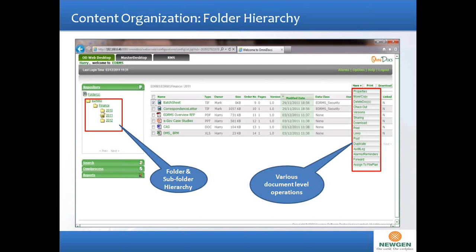You can define a folder hierarchy in which you would like your content to be published. So this folder hierarchy could be based on various departments in your organization. It could be based upon years. It could be based upon type of documents. Say for example, you have a folder for invoices, you have a folder for contracts, you have a folder for personal records. So whichever way you can define your folder hierarchy.